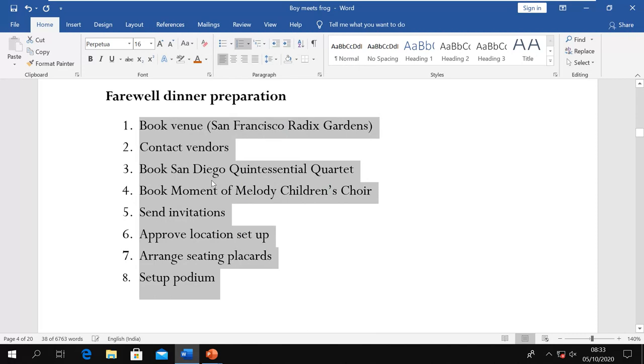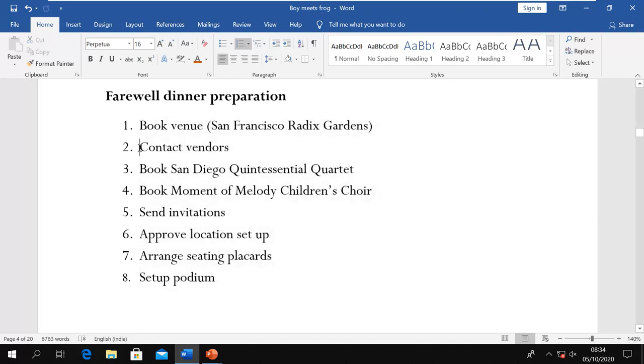Then I can go for a multi-level list also. You can make a multi-level list by just putting the insertion point here, and then you can change the level for these items. Like I press tab here and now it is going to the second level. If I press tab one more time, it will go to one more level.